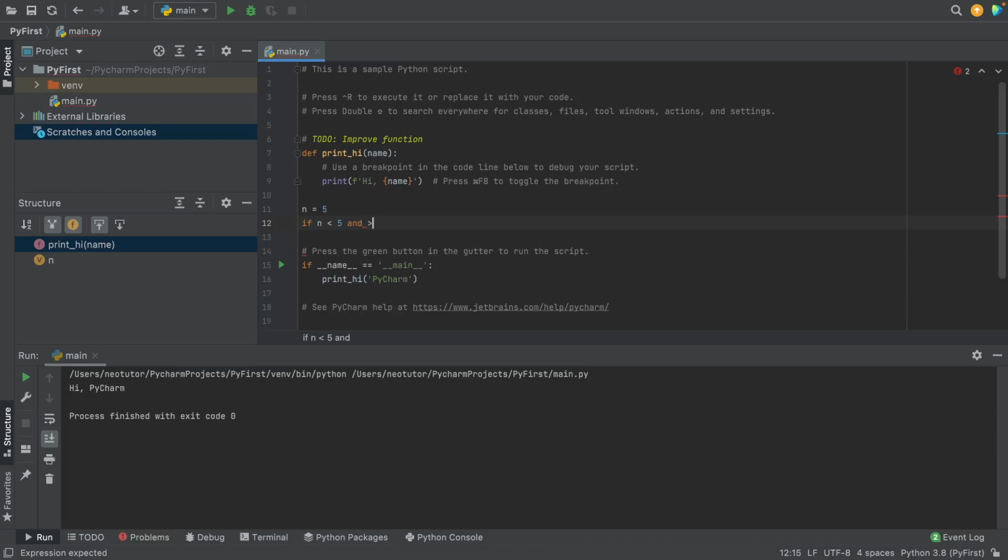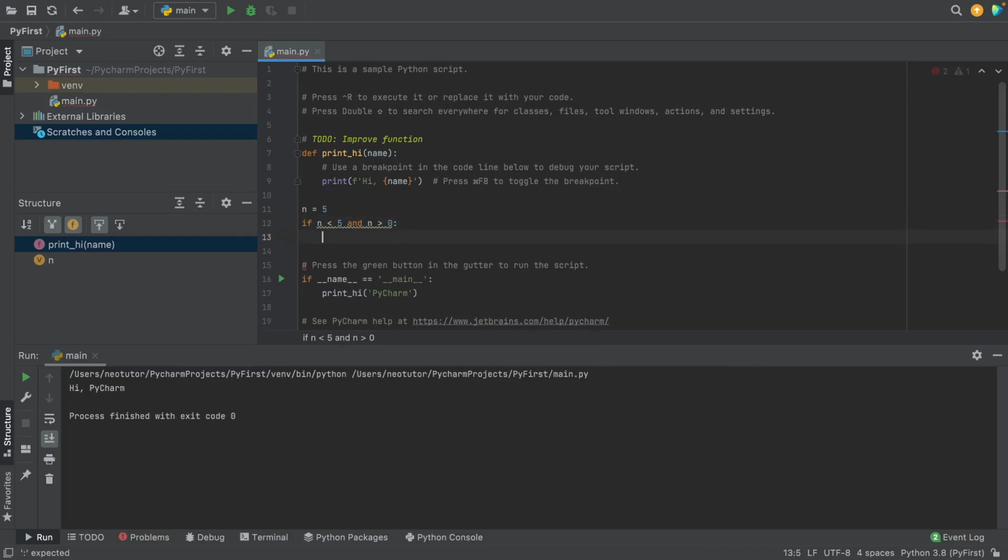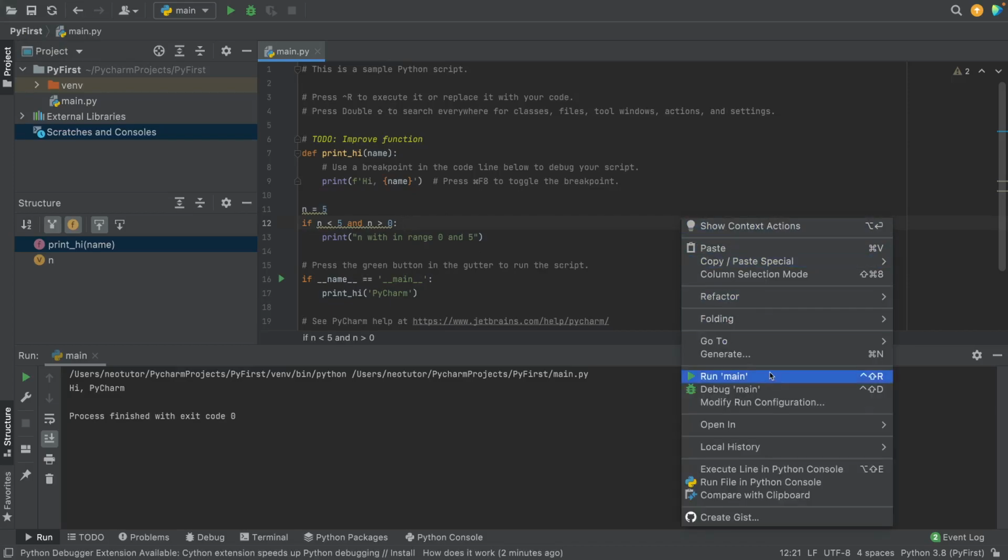Then print n within the range 0 and 5. So if I run this, you don't have to save in the IDE PyCharm. You don't need to bother to save. As you write the code, it saves on disk. And if I run this one,